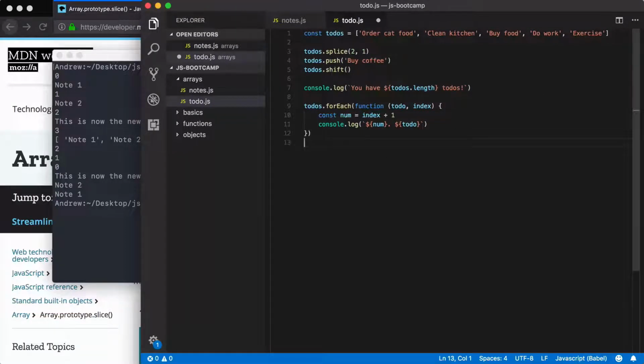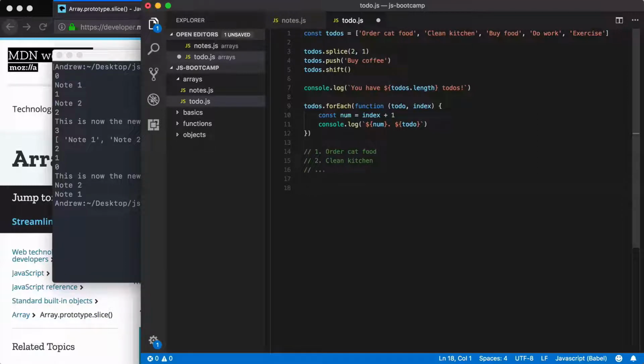What I'd like you to do is print the exact same stuff we're printing above with for each. The output would be something like the following. Right here, we still want to print the items in order. So we have number 1, order cat food, number 2, clean kitchen, and we would continue on until the end of the array. In this case, I happen to have 5, so the last one should be 5 dot space exercise. All right, take some time to knock this out using the for statement,